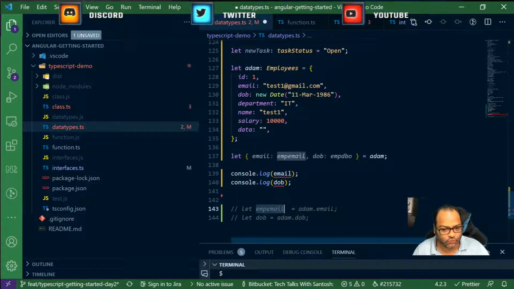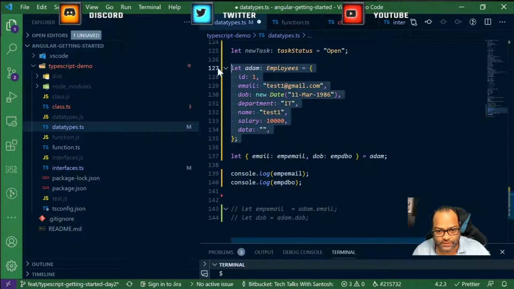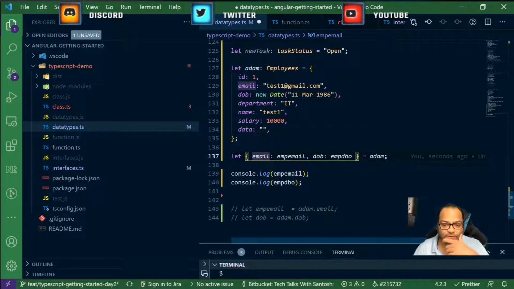So what we needed is a new variable name, because I don't want to use email and date of birth as they are. So you can actually give an alias name. So you can now use emp email and emp dob, date of birth. So this is like creating the variable but with a different name from this particular object. So this is also something which you can do.